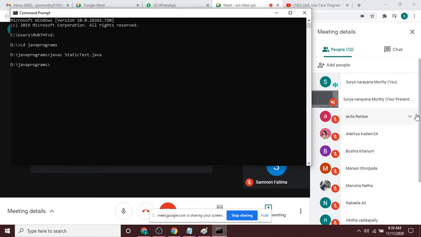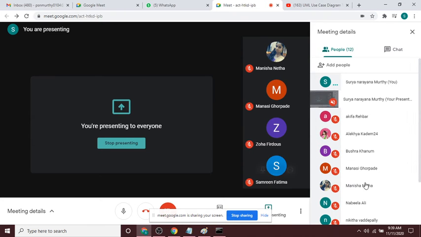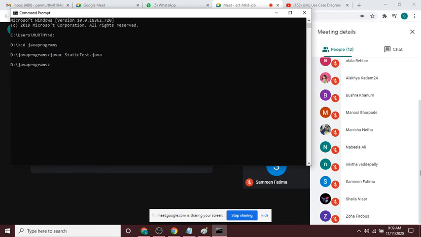After compiling the program, what will happen if there are no errors? And then what is the next thing you have to do after compiling the program to get the output?